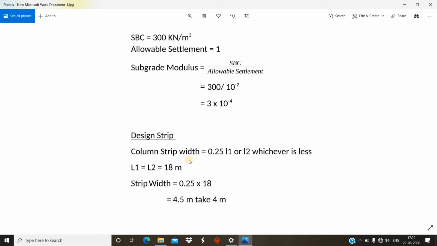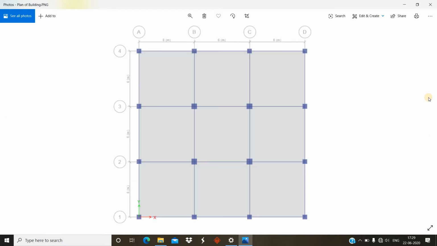Now moving forward, this value is 3 into 10 raised to power 4, not minus 4.